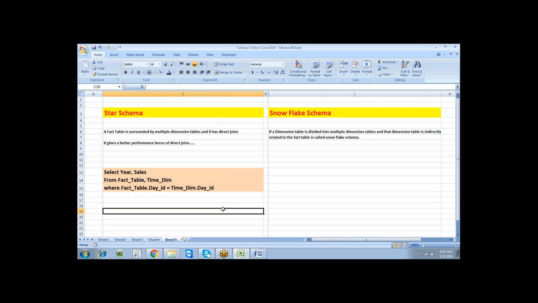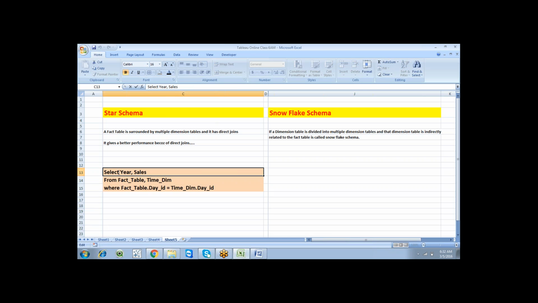You can differentiate it with a select query: select year comma sales from, and we have a where clause.